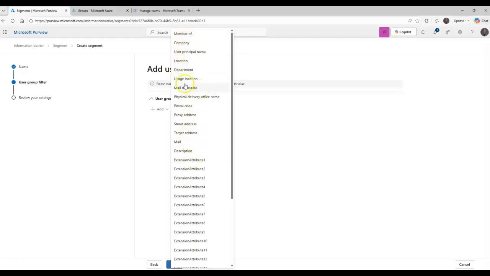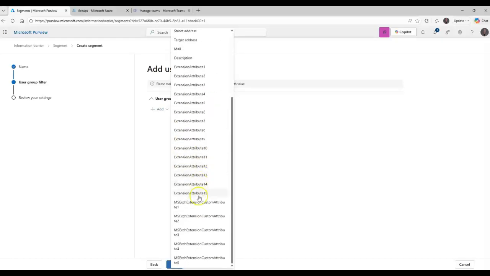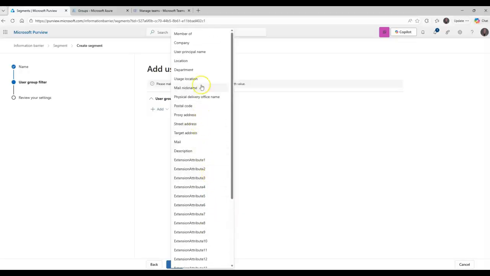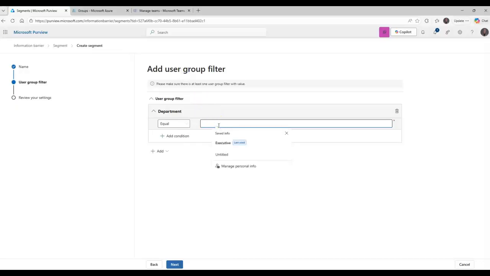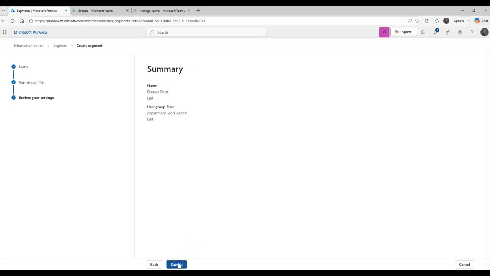so here's all the filters we can use, right? We can use location, mail nickname, postal code, proxies, and then the 15 attributes, and then different additional attributes we can use. But I'm going to use the department here, and we're going to call this finance. And that's it. So we just go on next and submit, and then I'm going to create another department